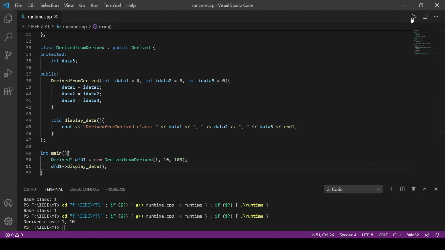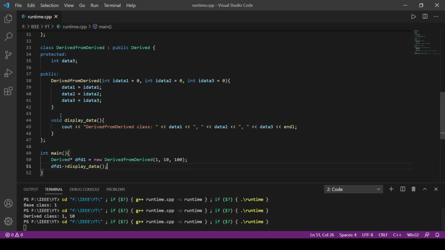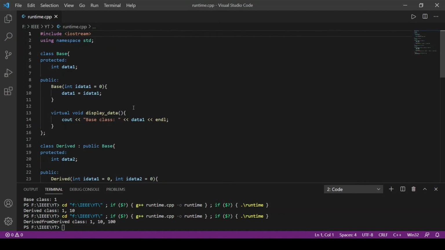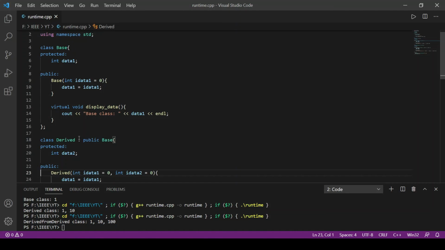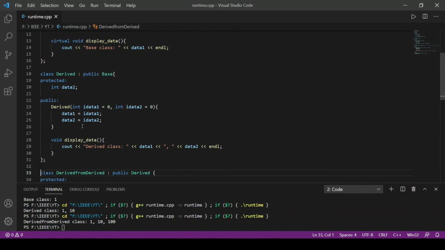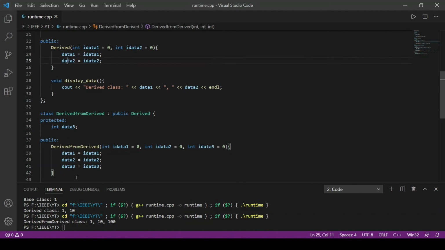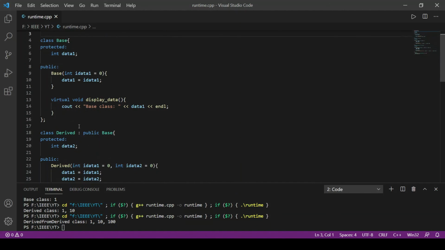And let's run it. We know that the derived class does not have the virtual keyword in the function signature of display data function, and yet the virtual keyword is working all the same for this case. So the point to note here is that even if you have defined a function to be virtual in the base class and not in the class over here, still it is going to stay virtual. So once you declare a function to be virtual, it will be a virtual function throughout.